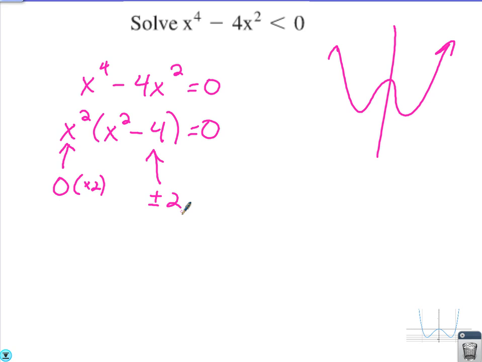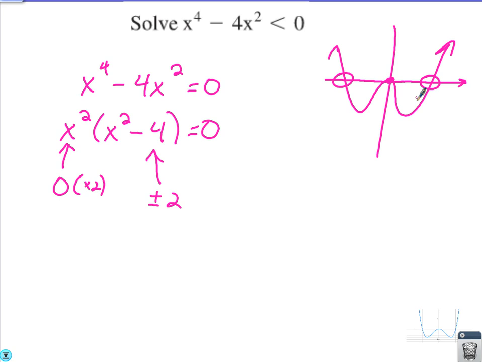So my graph, and there's a reason I didn't put my x-axis there, actually looks like this, to where it actually touches. Notice that 0 is a root twice. It's not going to cross. It's going to touch there. So, and here's -2, and here's +2. So where are we below 0? Everywhere from